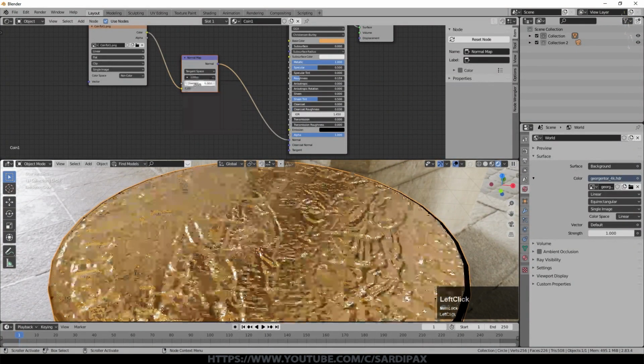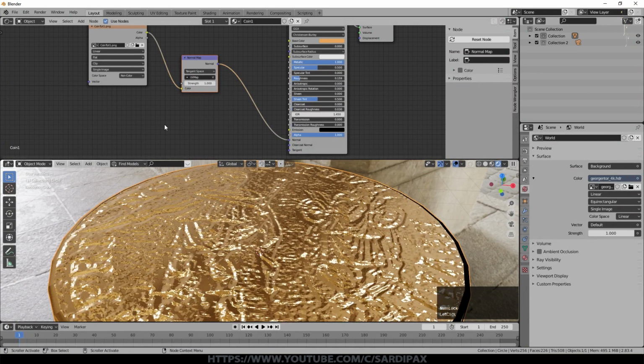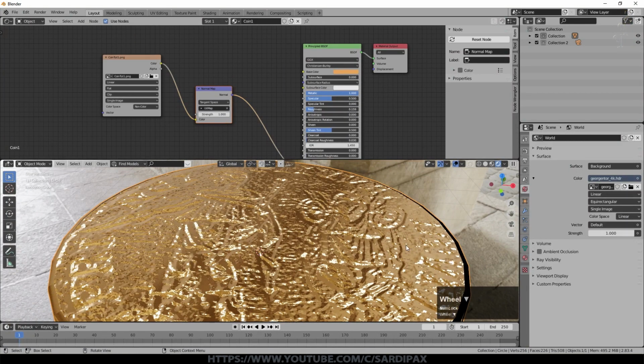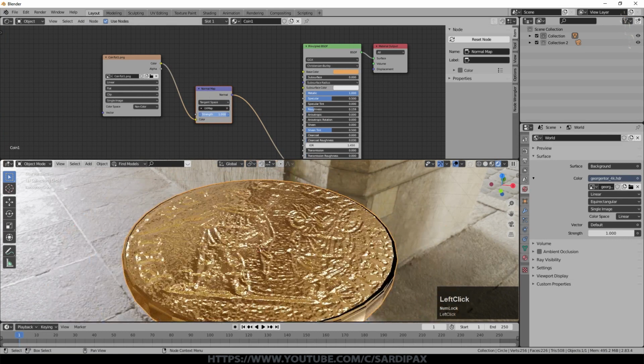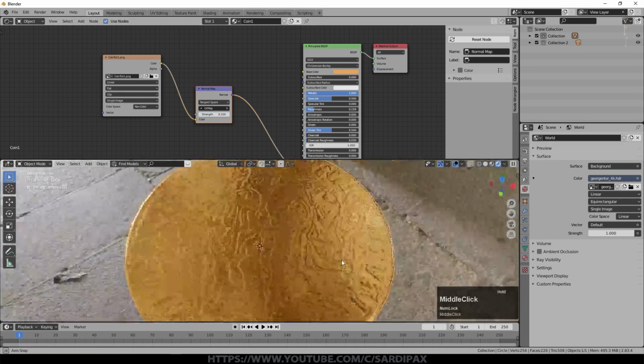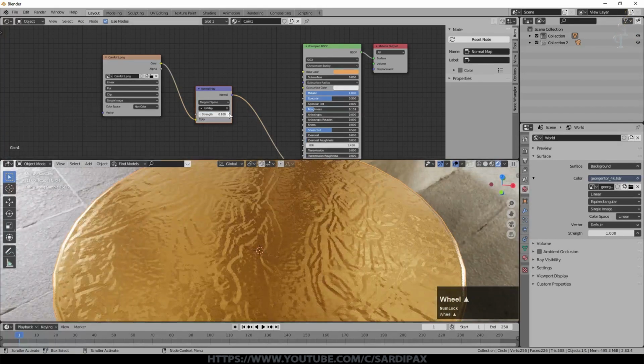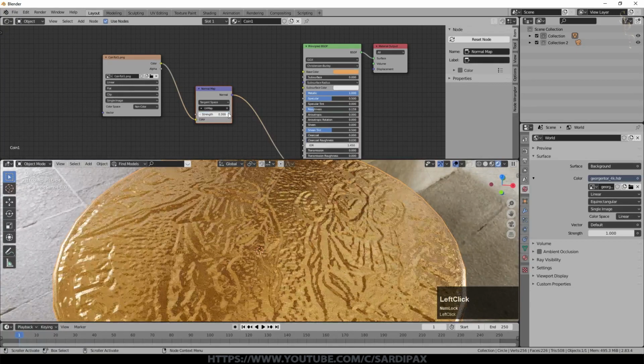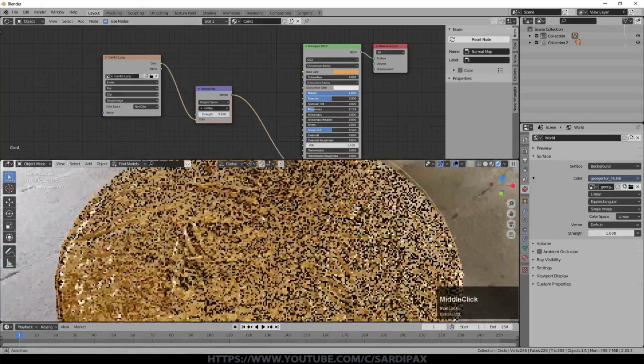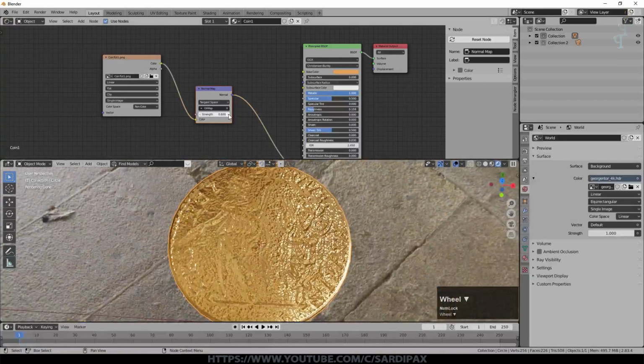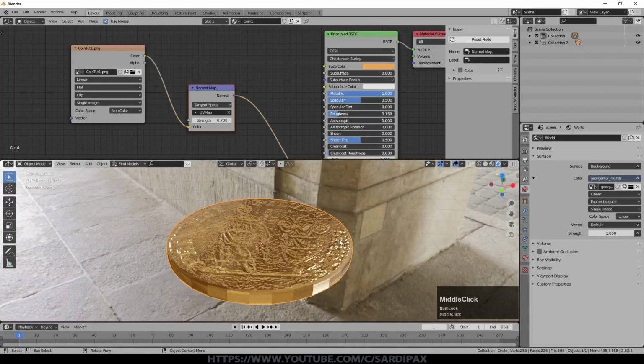I'm going to make sure we've got the UV map selected, but it defaults to that anyway. And we may need to tweak the edge there because it looks like something's not quite right. So there's a very subtle version, and I can obviously strengthen that texture. So you can see it's quite a worn coin there, and we can increase it. So now we just need to do something with the edge.